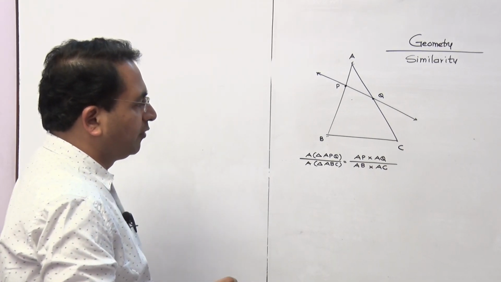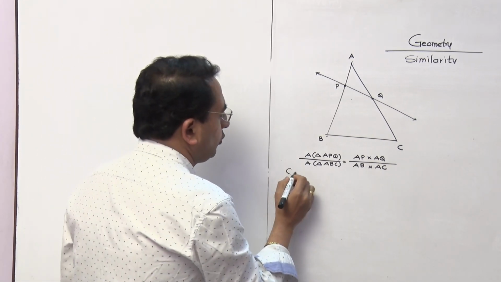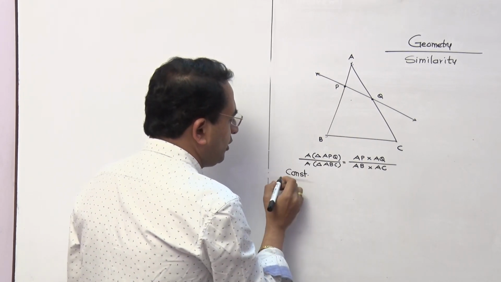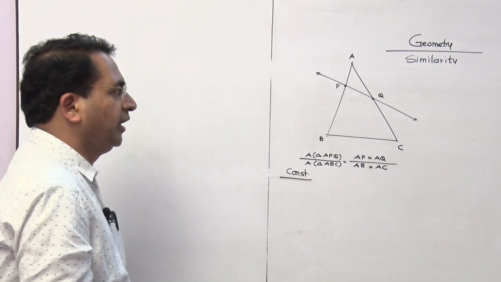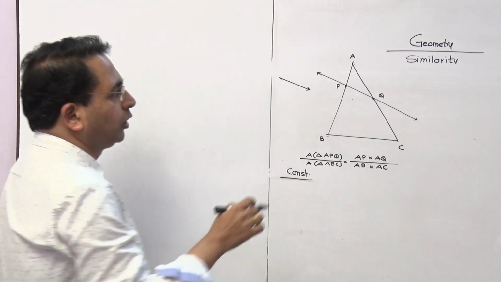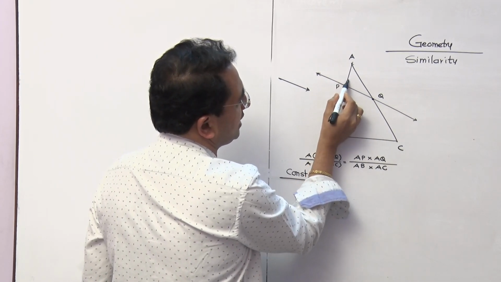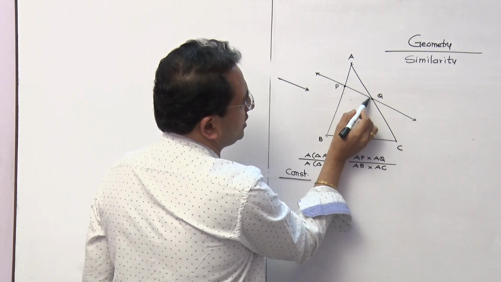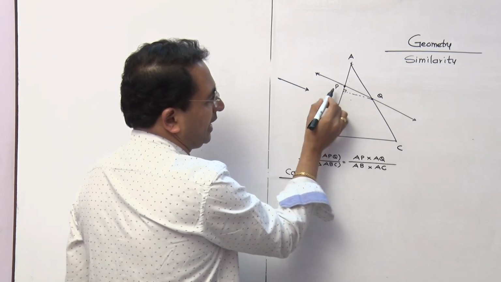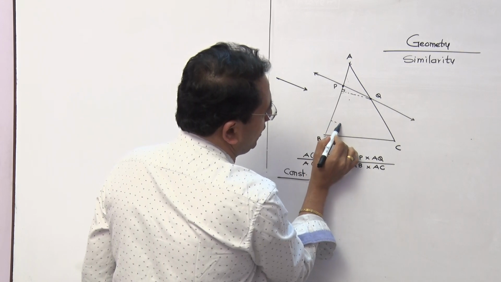So what I will do, for finding out area we require the height, and that's why I need to write something as a construction, because definitely it is going to be a part which is required for finding out the area. Now if you are observing a figure from this side, now if you talk about APQ triangle, the base is AP, but the height is, as it is an obtuse angle triangle, this is going to be the height of that. So that I will consider the height of this. Similarly, when you talk about the full triangle ABC, this is going to be the height.